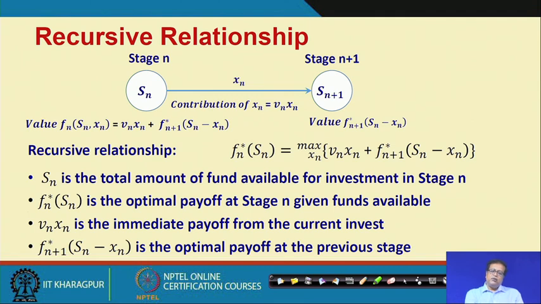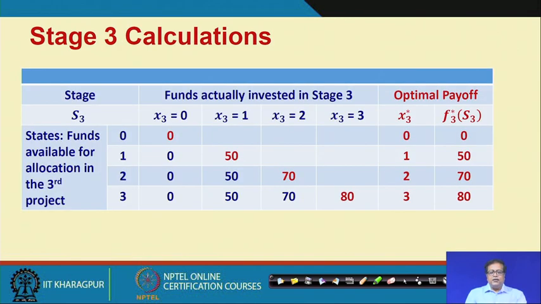For investment problems of this type, this structure is there, right, but this structure may not be valid for another problem. So, we must know how much of it is generalized and how much of it is not. Having known that, let us see what we do at the stage 3 calculations.